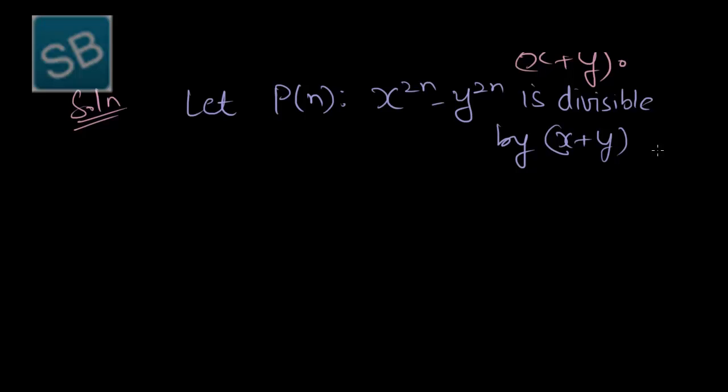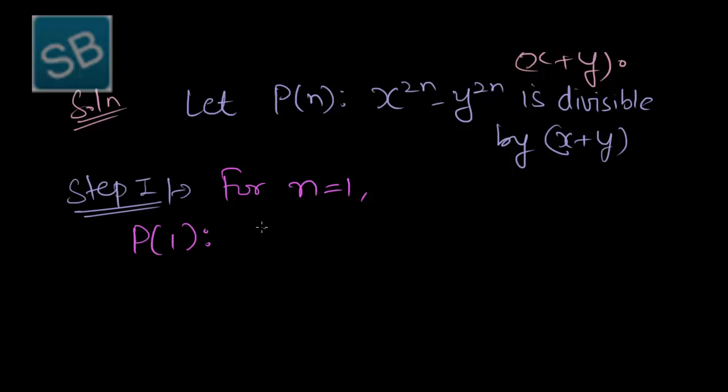That is, x raised to power 2n minus y raised to power 2n should be a multiple of x plus y. In some steps or different cases, if we prove this, then the result will be true. So in step 1, for n is equal to 1,